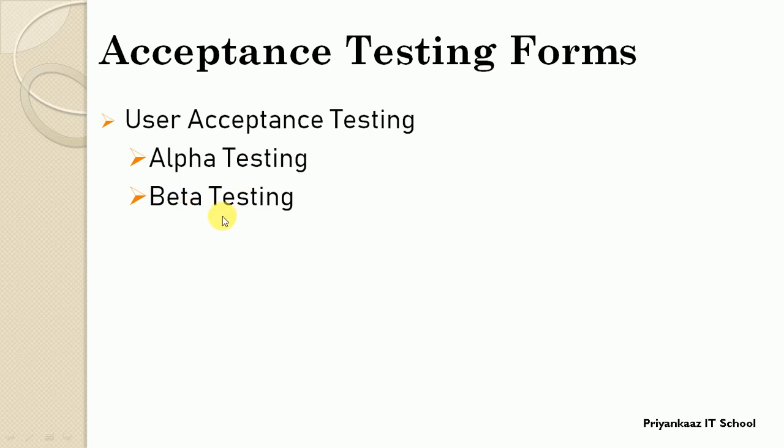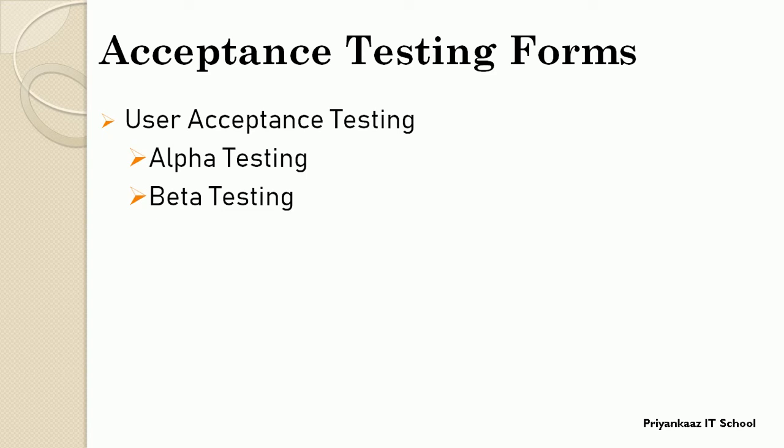Now what is meant by beta testing? In beta testing, the real end user, from their own location, or we can say from their own environment, tests the software application. In companies, most of the time a beta version is released into the market, and people simply use that beta version. They suggest some kind of feedback, and based on that feedback, if there is any issue, they can make a correction to that issue.